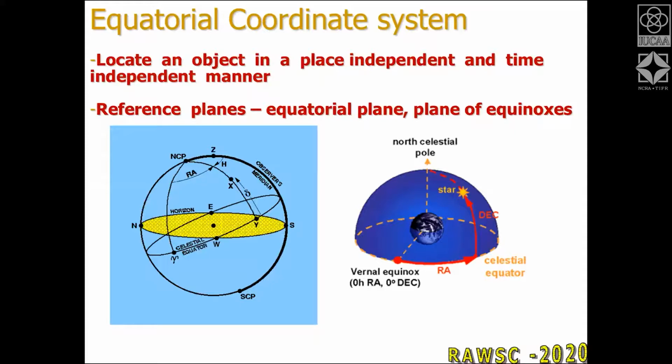But what does it do to the coordinates of the sun? Like every star, the sun should also have a right ascension and declination, right? So what is the declination of the sun as of today, approximately? About minus 22 degrees south, because we had the winter solstice one week ago. At the winter solstice, the sun is the most southernmost. If you look at my cursor here, it is somewhere here. So it is 23.5 degrees south of that.